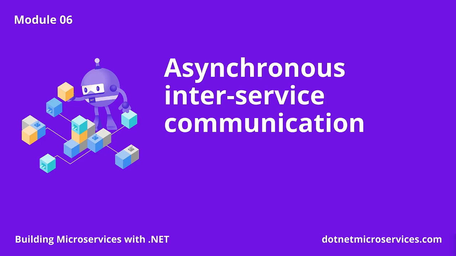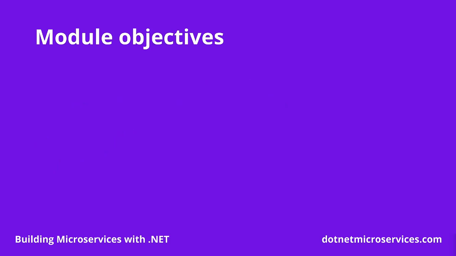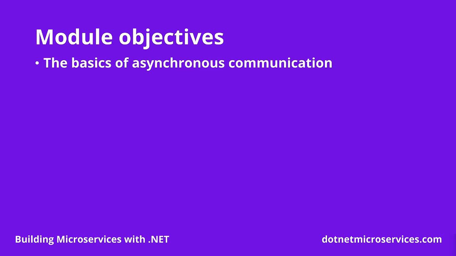In this module, you will learn about the asynchronous inter-service communication style, the challenges it can help solve, how to implement it via RabbitMQ and Mass Transit, and how to enable eventual data consistency between our two microservices. By the end of this module, you will have a solid understanding of the following: the basics of and when